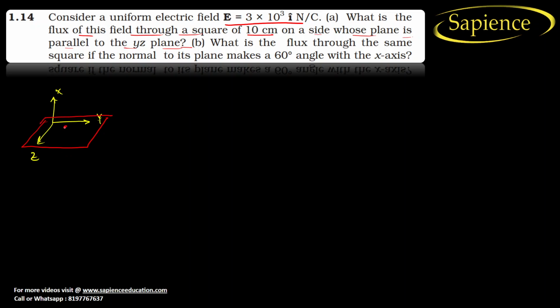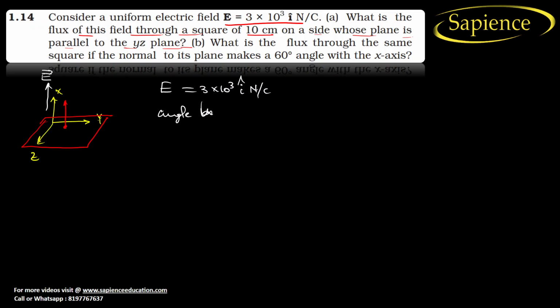So the area vector will be parallel to the x-axis, right? So what will be the direction of the electric field? The electric field E has been provided as 3 into 10 to the power 3 i cap Newton per Coulomb, right? So the direction of the electric field is like this. Okay, so the angle between